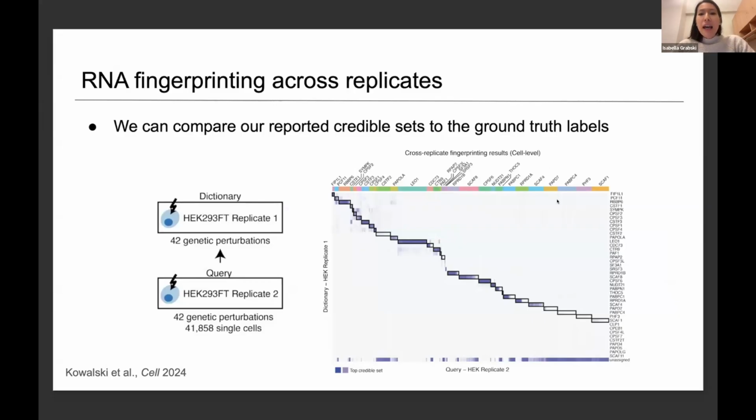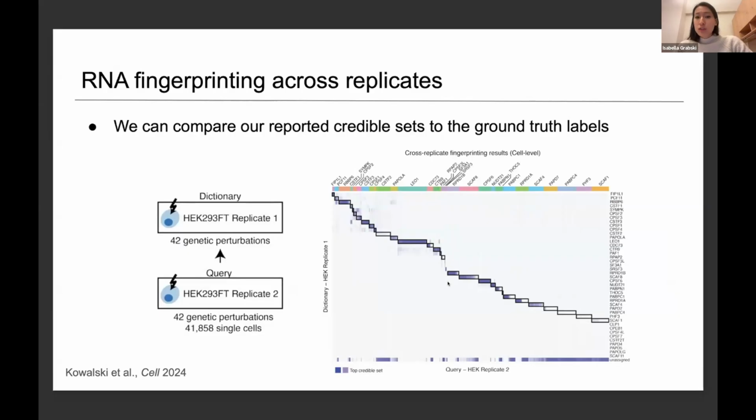Here in this heat map, every column corresponds to a credible set that we report for a different query cell, grouped by their ground truth perturbation. For many perturbations here, we end up finding the exact right label with complete certainty. For example, all of these cells got an RPRD1B perturbation, and accordingly, we almost always report exactly RPRD1B.